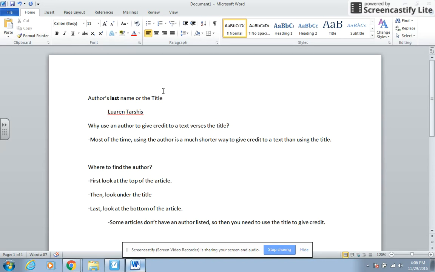If you can't find it there, then you can look at the bottom of the article. So you'd scroll all the way down to the last page and see if it's there. If there's no author there, then the author is probably unlisted. So if the author is unlisted, that means you do need to use a title to give credit to the text. So that being said, let's take a look at a few examples